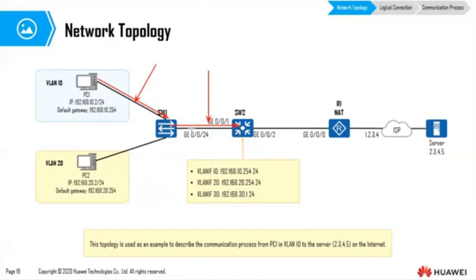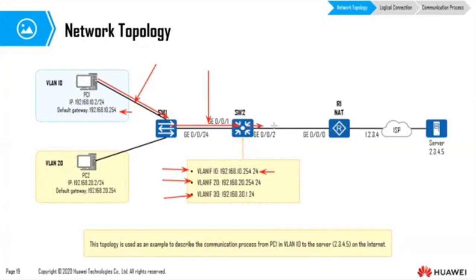It can either be hybrid or trunk, right? So this will be tagged, right? So on switch 2, we've created VLANIF 10, VLANIF 20, and VLANIF 30. You can see that PC1 has been configured with a default gateway of 10.254, which is the gateway of VLANIF 10. So after the switch receives it, it's going to send it